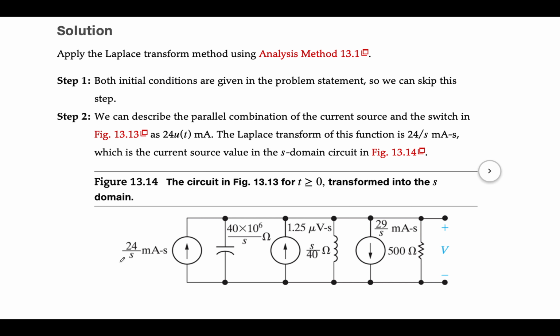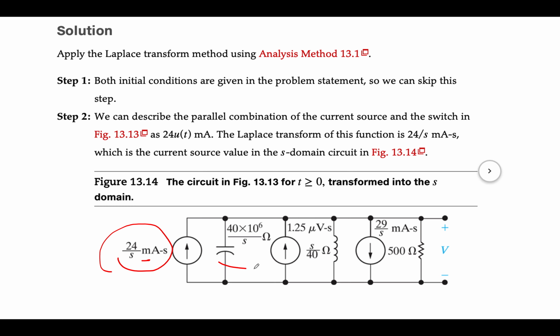So the current source looked like 24 u(t), and so when we transform it, it's going to be 24 over s. I really don't like that they kept this in milliamps, but we'll leave it like that. I think they correct their units on the next slide. The capacitive impedance transforms to a capacitor, and so what I want to point out here is you note that